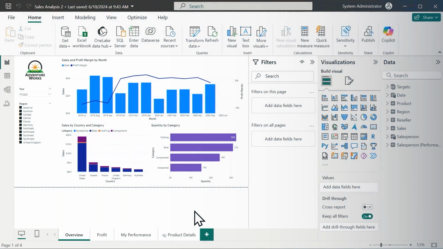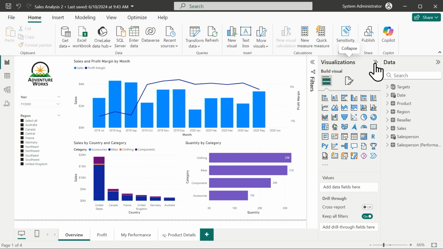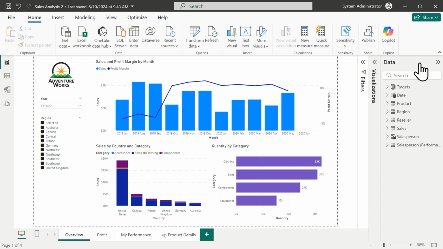Now I'll do a demo on how to get data in Power BI Desktop. Now I'm currently in the Power BI Desktop, and I opened up one of our lab files, Sales Analysis. And as I'm looking at it, you can see that I'm currently in the Report view here and on the Overview tab. And what I'd like to do is take a look at my report the way it is right now. You can see I have the filters pane on that I can roll in to get a little bit more real estate here. Same thing with the visualizations, and then the data pane will show me the current tables that I have currently loaded in.